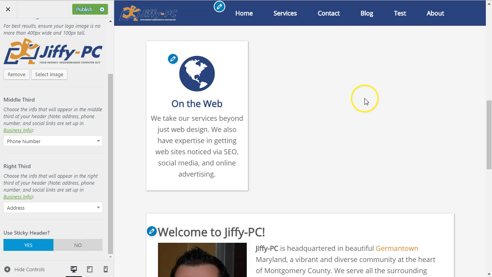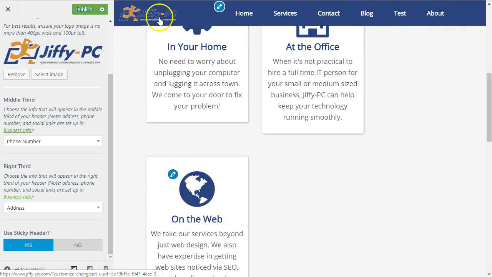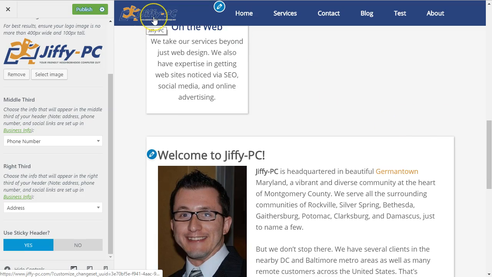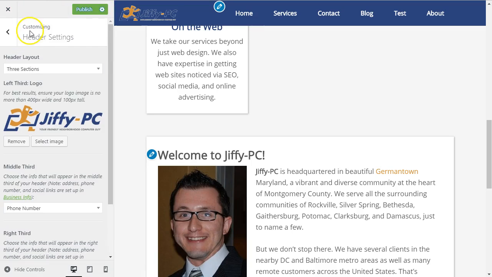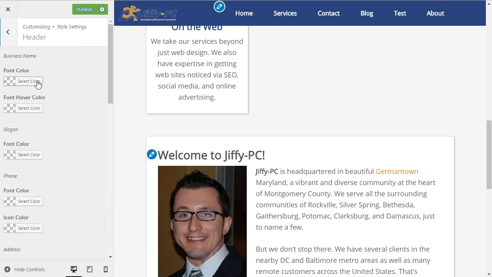And what happens here is it will take your logo. It will basically take your navigation bar and move over your navigation items and then stick your logo on the left. So it just kind of fits everything in one nice bar across the top. You'll notice that my logo doesn't look very good because the color of the logo matches the background color of the navigation menu. So in that case, I can go ahead and change the style settings header,